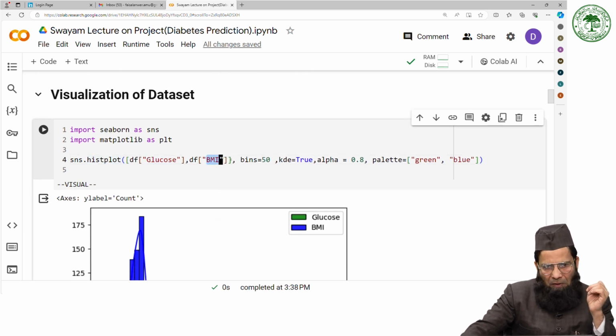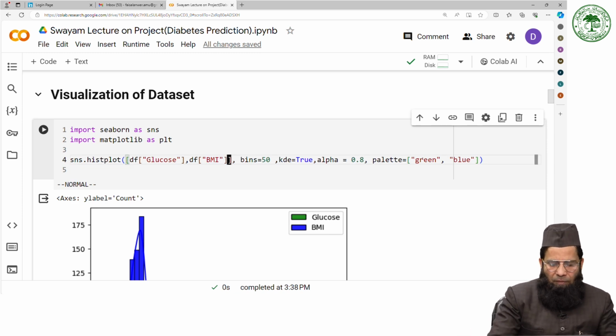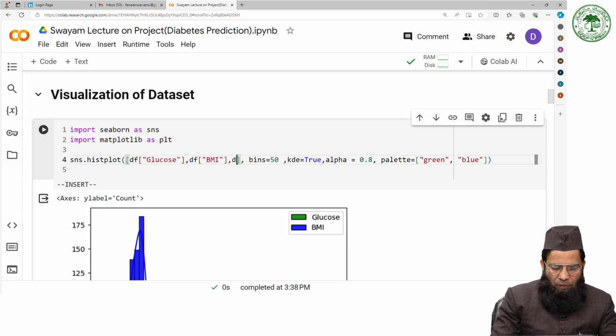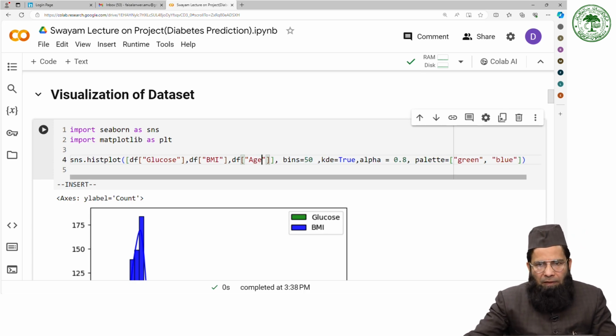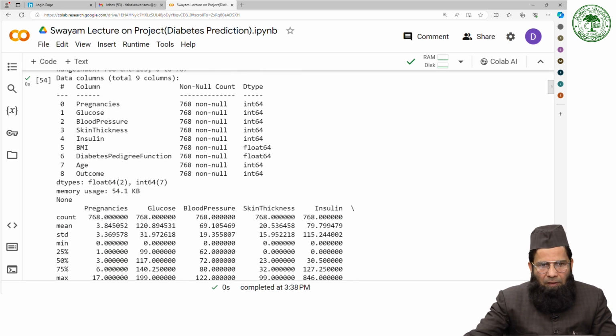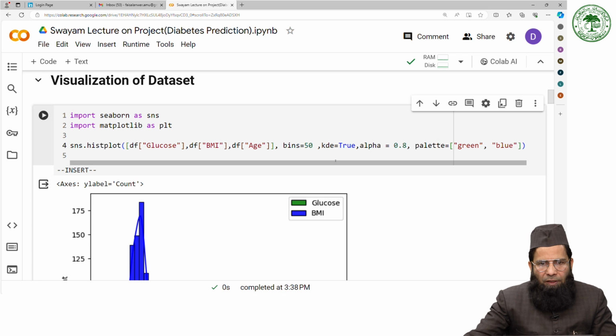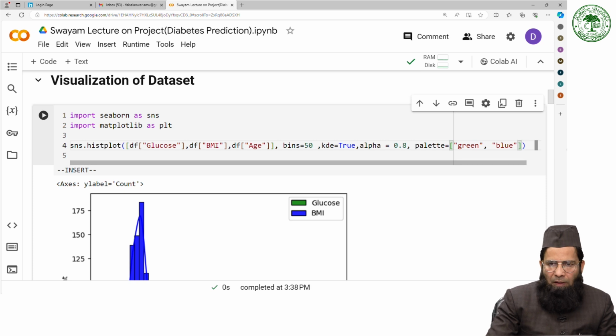I can take others as well. Let's say suppose I am considering df age. So age, let me see the age, yeah. And here KDE, alpha 0. And I need to include one more color here. Let's say orange,